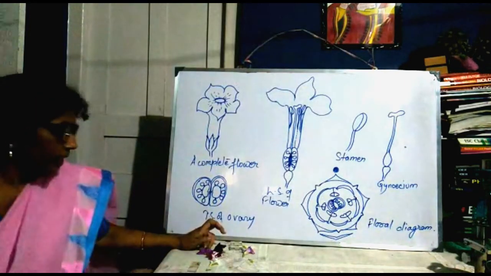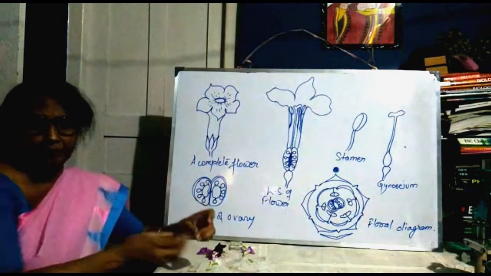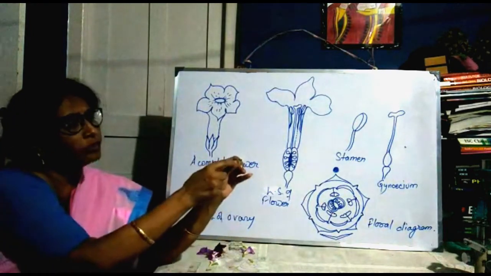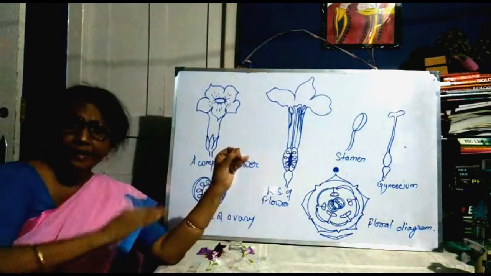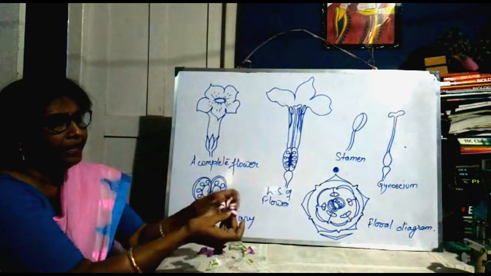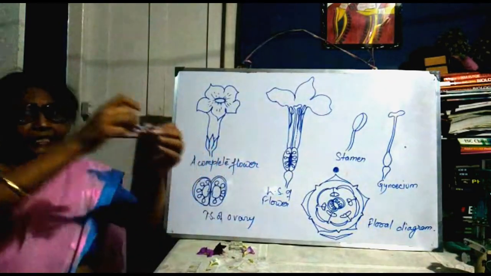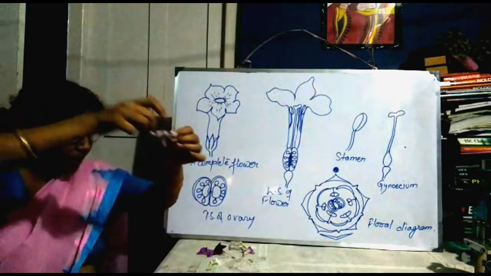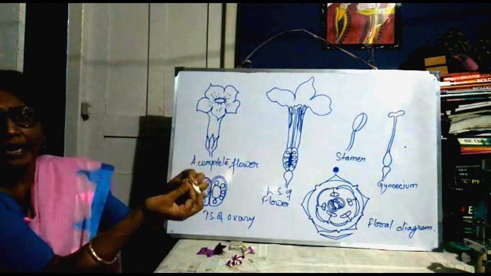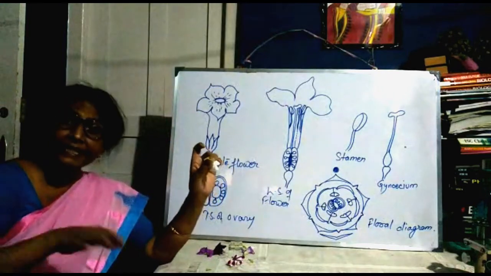And in dissection, first it will be asked what is the character of the sepals. Already I told you, it is 5 in number. Gamosepalous, you can see how the sepals are fused to one another. Then petals 5 in number, gamopetalous, you can see all the petals are fused, but stamens are free to one another. That is polyandrous, but attached to the petals, that is epipetalous.